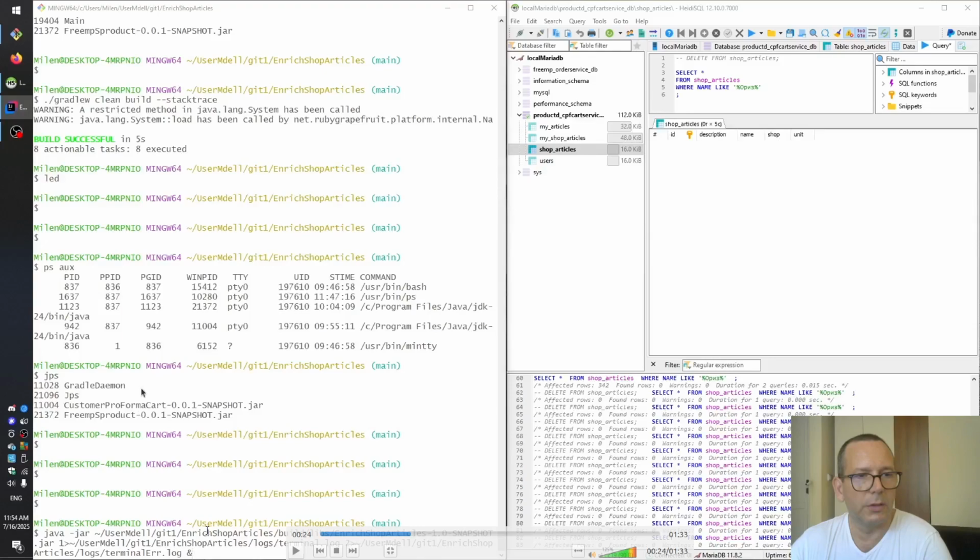These both are prerequisites for the current enrich shop articles feature. This command will run the enrich shop articles, and it executes now. You see,